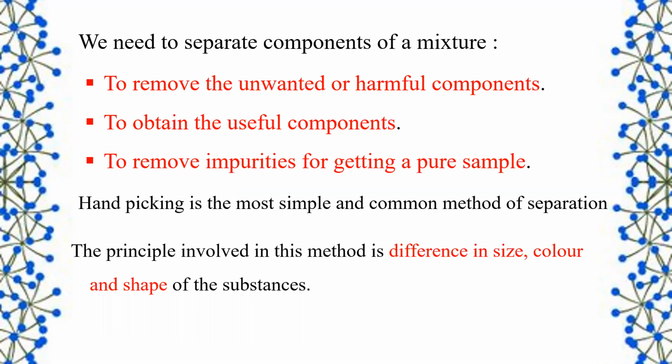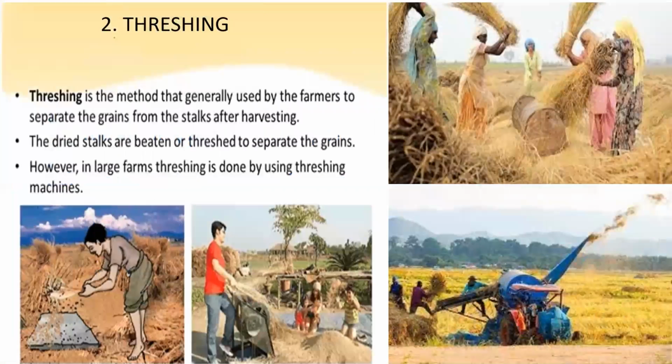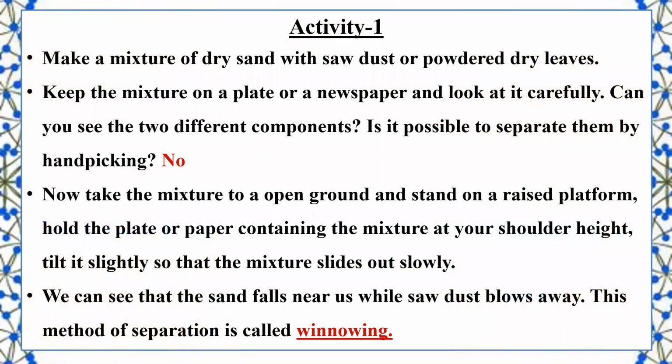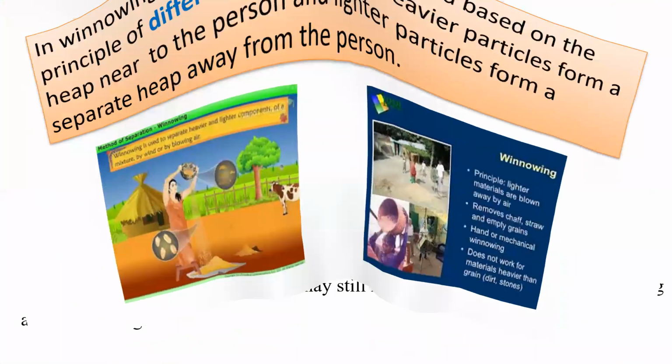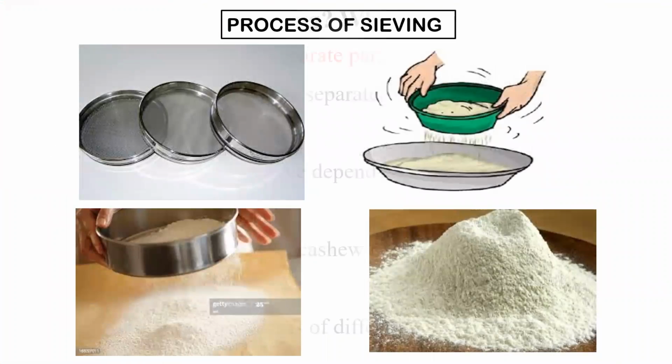Now from here we are going to start a new topic for today. In the previous class we had certain methods of separation. We just read the methods of separation, but today we are going to go through them. The methods we learn in this video are first hand picking, second threshing, third winnowing, fourth sieving,